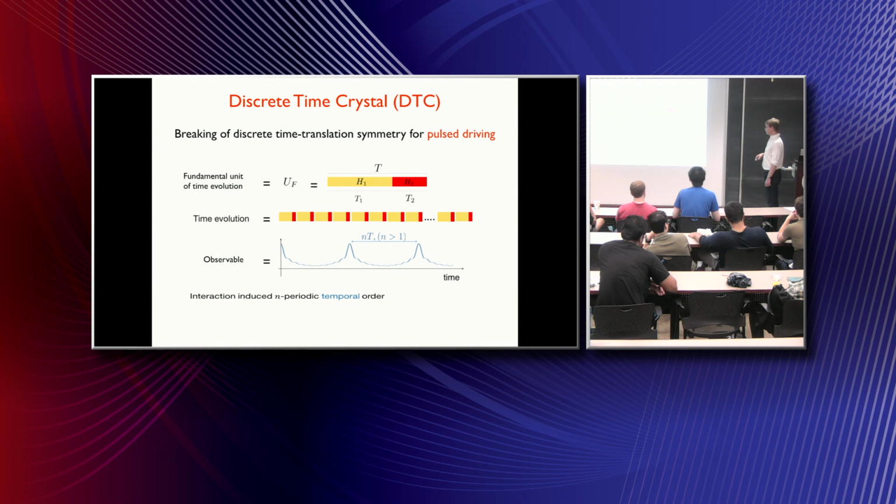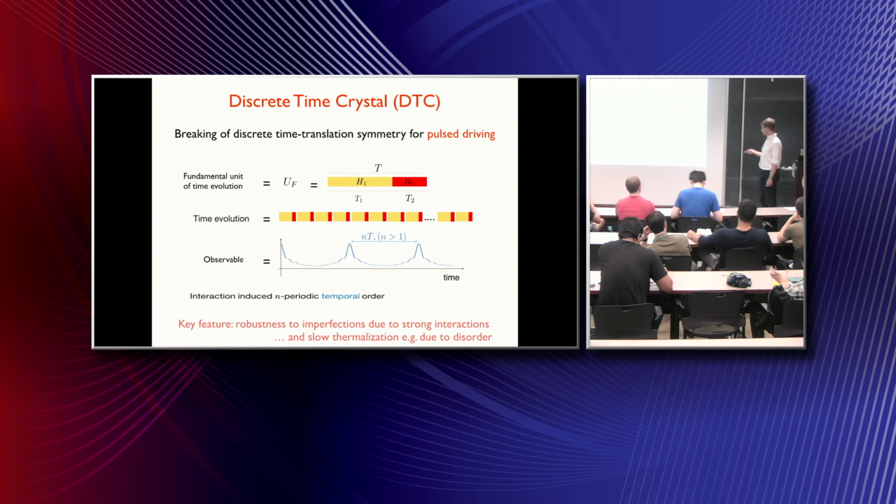What I will explain is that interactions are very important to stabilize this kind of order. And the two key features of this discrete time crystalline order will be, first, robustness to imperfections. For example, if our driving is not perfect, these interactions will still stabilize this state. So it will not be just a perfect oscillator which responds perfectly only so long as you drive it perfectly. It should have some intrinsic robustness.